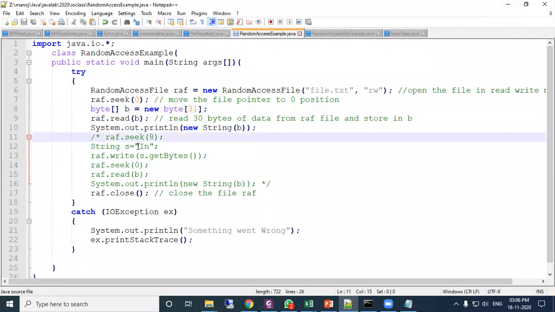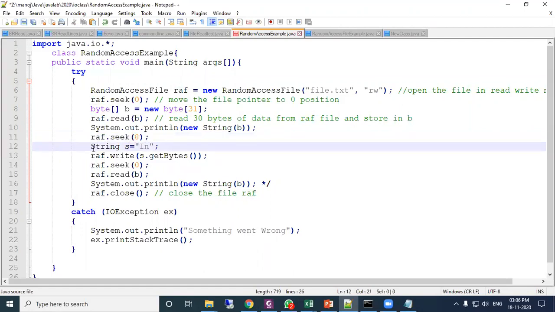So here again I have done what? RAF dot seek 8. 0 is your first position, that means 8 is your ninth position. Okay, 8 will be representing the ninth position. So in your file, wherever it may be, it will move to the ninth position in the RAF.